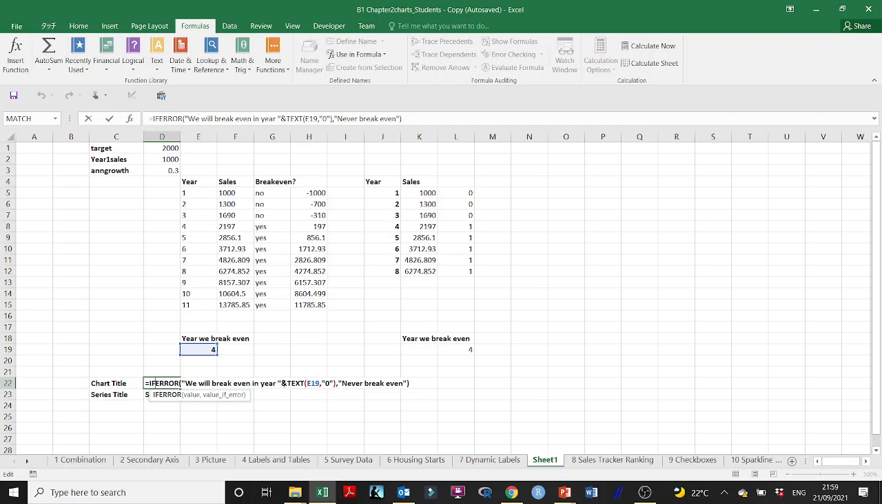Writing a text here, attach it with the value. If the value in this cell is not populated, if the cell is not populated or not found, then never break even. Give me never break even. So this is what you need to really type down. So let's type it together. So that would be